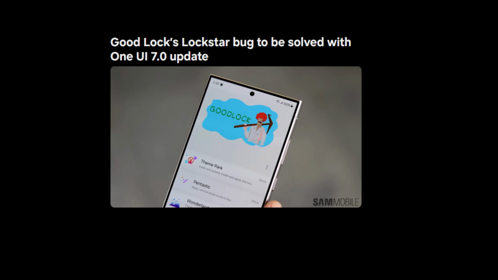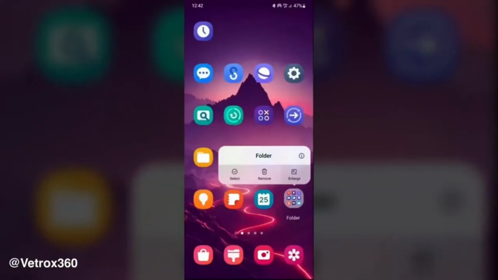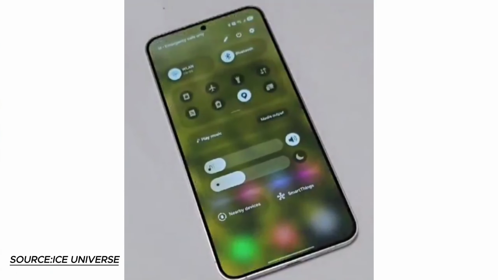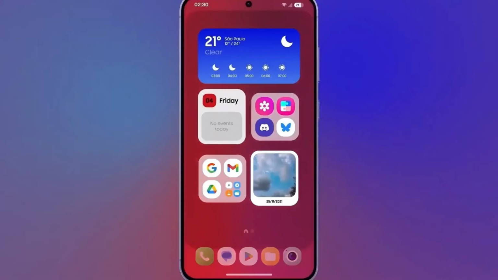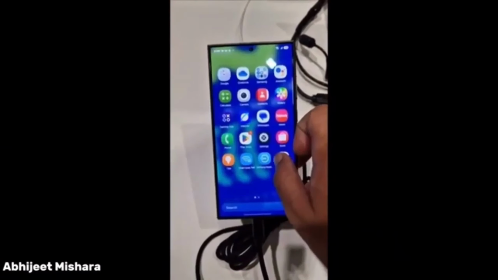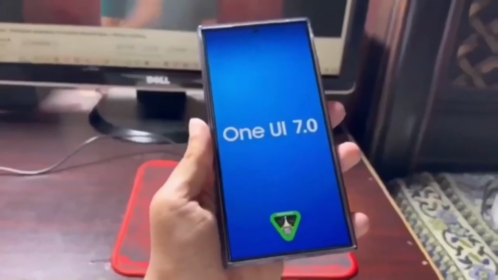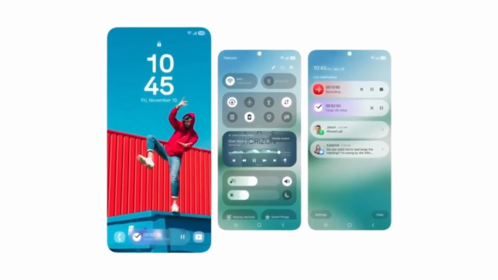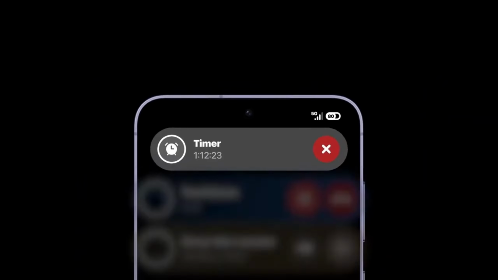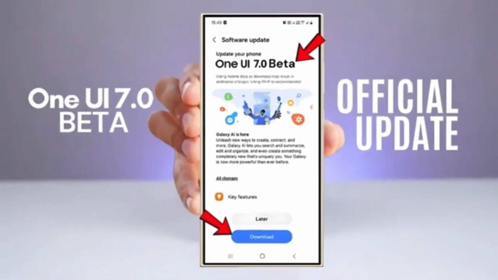It's an issue that's been bothering Galaxy S24 users for weeks, and while Samsung has acknowledged the problem, the solution isn't arriving anytime soon. The trouble starts when Lockstar, a Good Lock module, is used to customize the lock screen. While the feature itself is impressive, it seems to be creating conflicts with the always-on display functionality. Normally, AOD is supposed to sync seamlessly with the lock screen, but in this case, any customization done using Lockstar doesn't save properly. As a result, notification icons end up overlapping other UI elements, creating a messy and frustrating experience